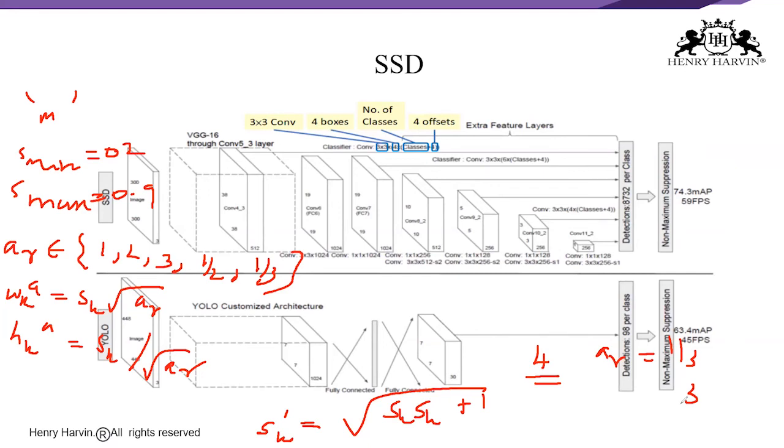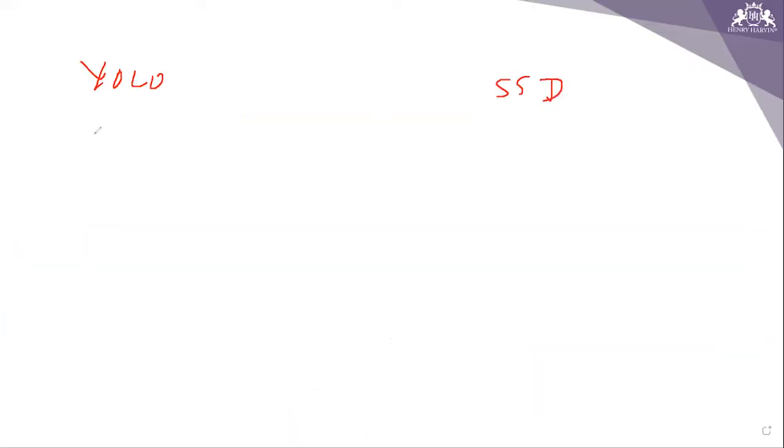Now we may be thinking, what is the difference between YOLO and SSD? So what are the differences? YOLO, You Only Look Once, is an open source method of object detection. It can recognize objects in images and videos. Whereas SSD runs as a convolutional network on the input image only one time, and it computes a feature map.